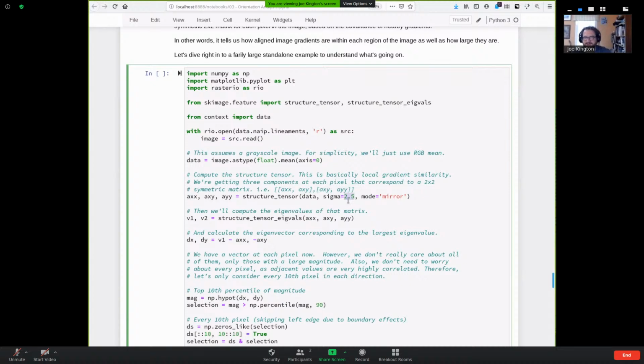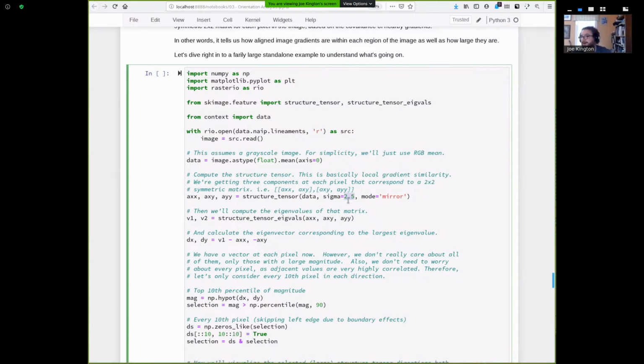Sigma there is the sigma in the Gaussian gradient magnitude. So there's a few different ways to tune this. The biggest knob in this case is actually sigma, which is very directly related back to that Gaussian gradient magnitude. Normally, in other cases, you can tune the size of the window as well, which is very useful. You typically want to use a very large window, which this particular function would not let you tune. But if you write the equivalent from scratch, you could use a very large window to look at things like